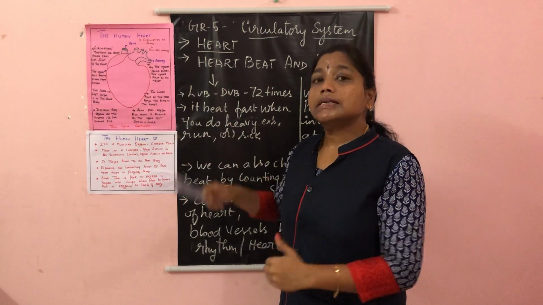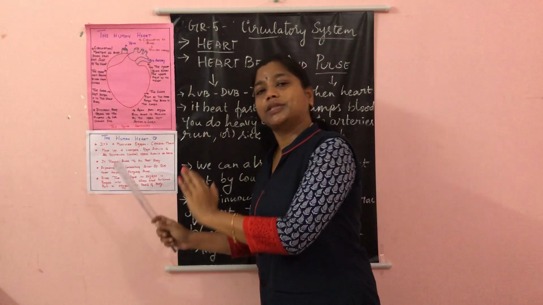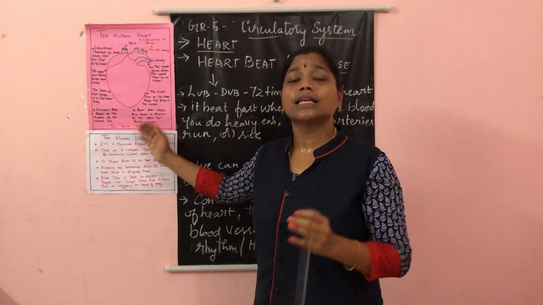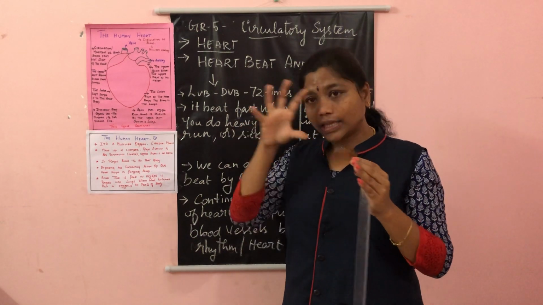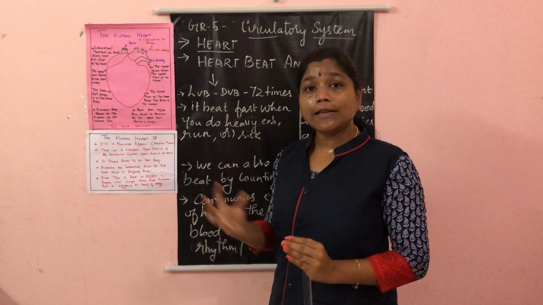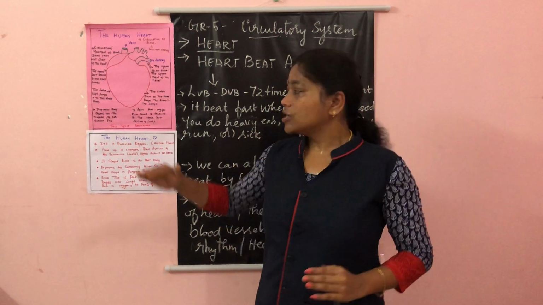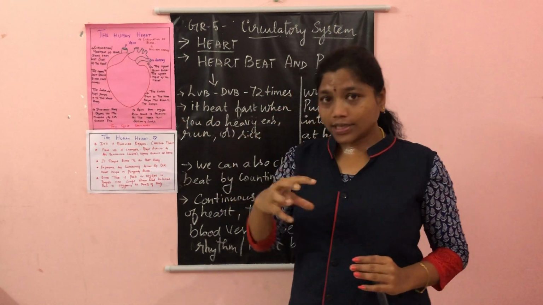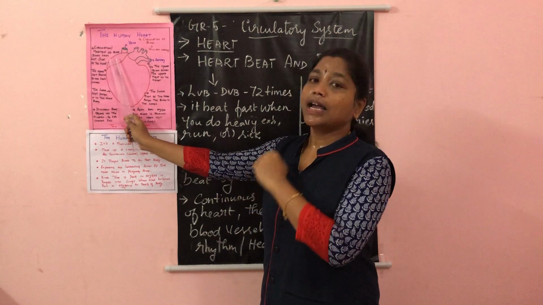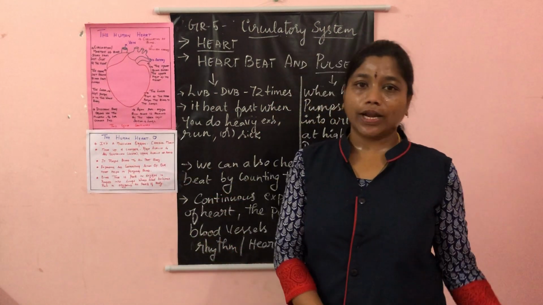The lower right part of the heart sends this impure blood to the lungs again. Why? Because the lungs have oxygen. The lungs carry oxygen molecules, so the impure blood becomes pure when it mixes with the oxygen. Then the pure, oxygen-rich blood comes to the upper left of the heart, goes to the lower left, and again to the different body organs.